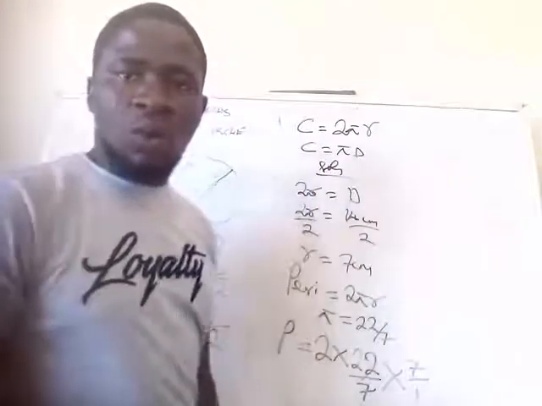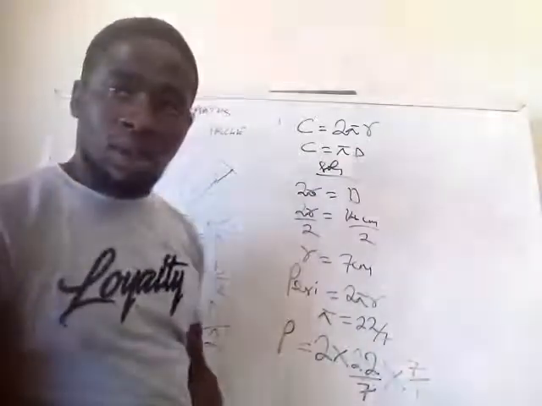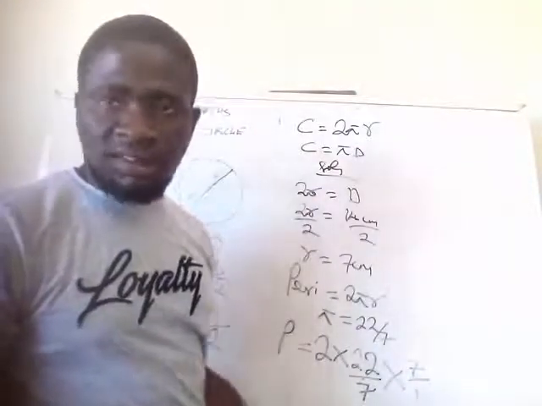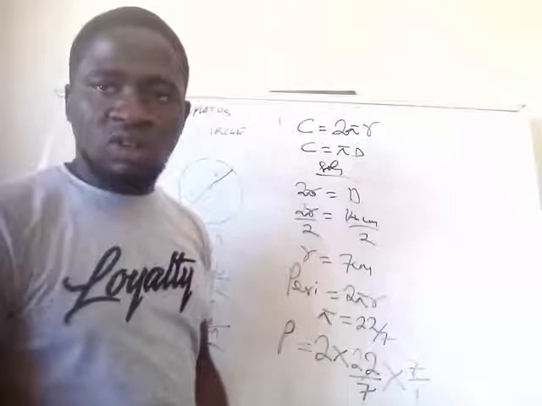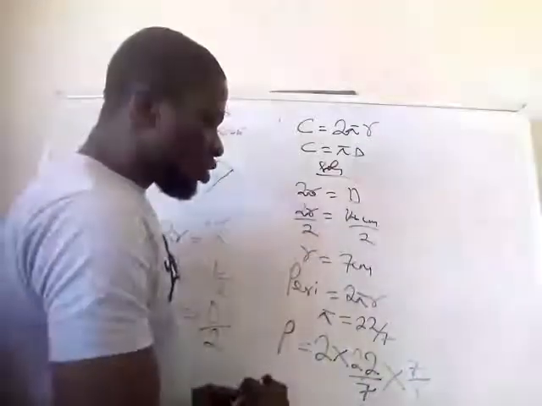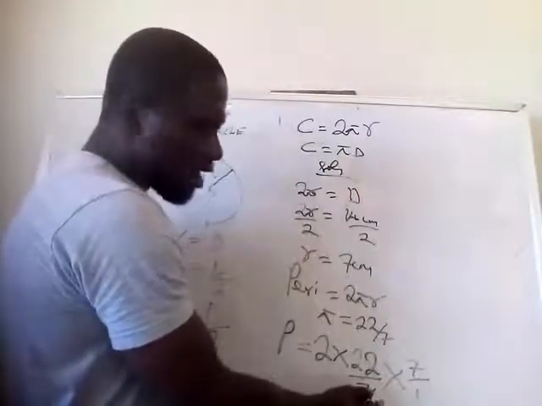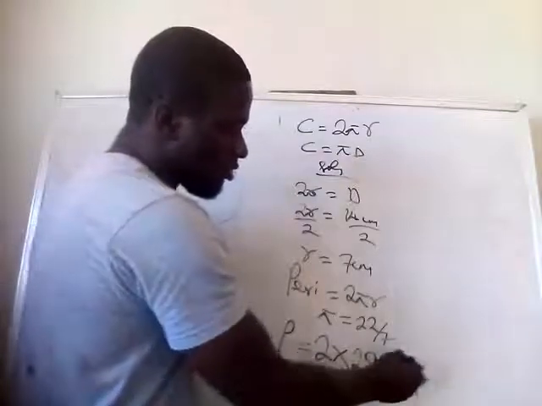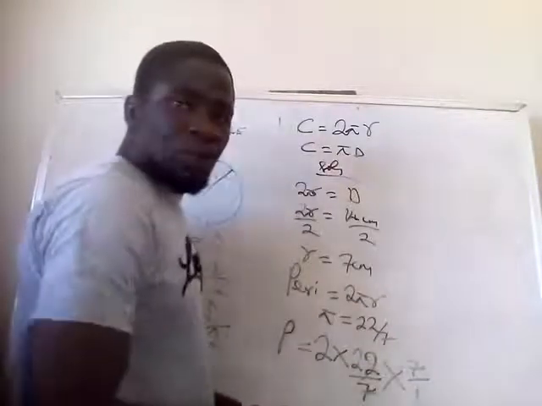Now, in this case, what you will do is to cancel, if there is anything to cancel, and in this case there is something to cancel. So what you will do is cancel the denominator, 7 and 7. We'll be left with,